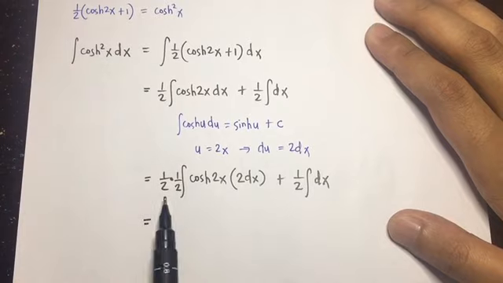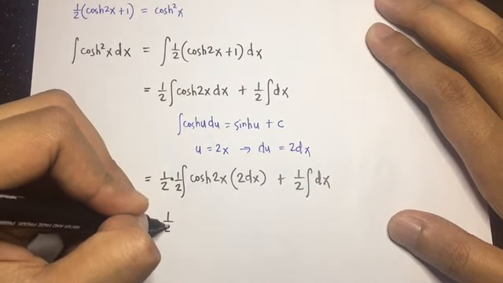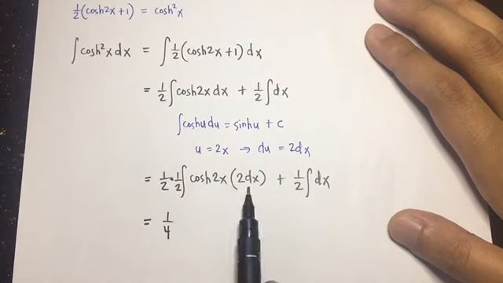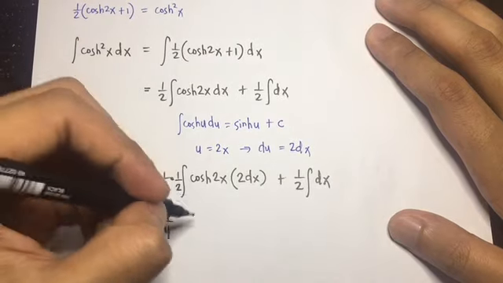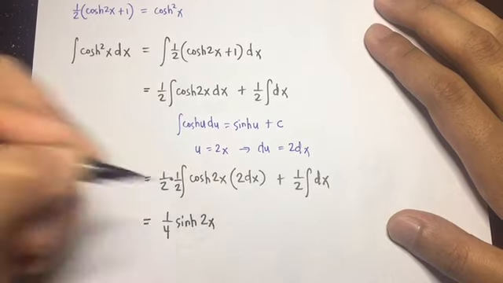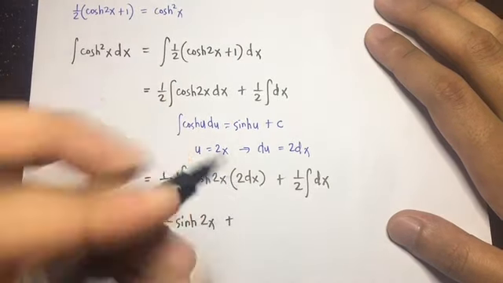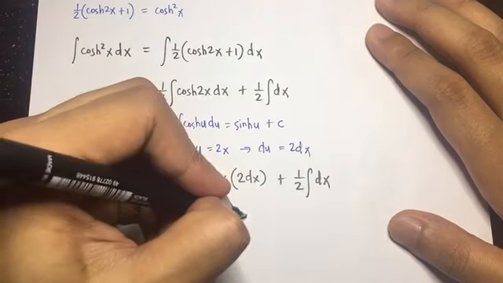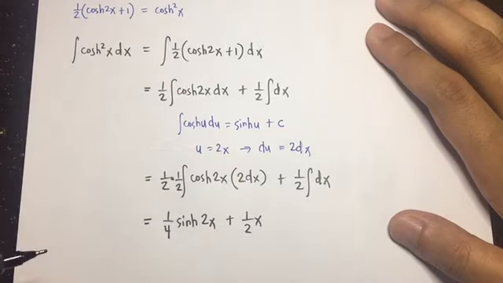Okay, so now we can integrate this. 1/2 times 1/2 is 1/4. The integral of hyperbolic cosine is positive hyperbolic sine of u. Our u is 2x. And then plus the integral of dx is x, so 1/2 of x plus